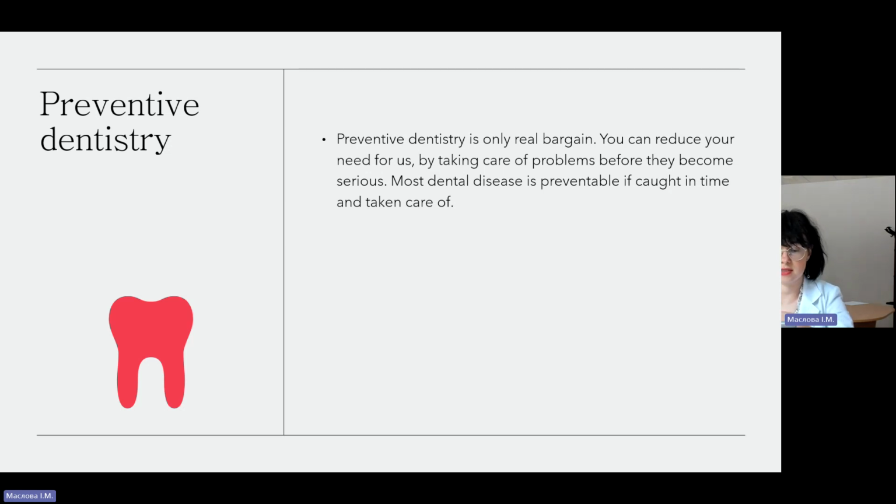Taking care of your teeth is essential for maintaining good oral health and preventing dental problems down the road. The good news is there are some easy things you can do to take care of your teeth and prevent problems before they start. One of the most effective ways to keep your smile bright and healthy is preventive dental care. In this blog, we explore the various types of preventive dental care and how they can benefit you